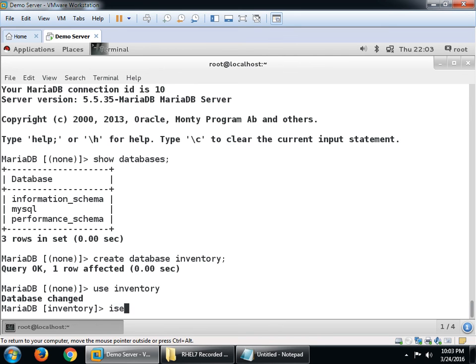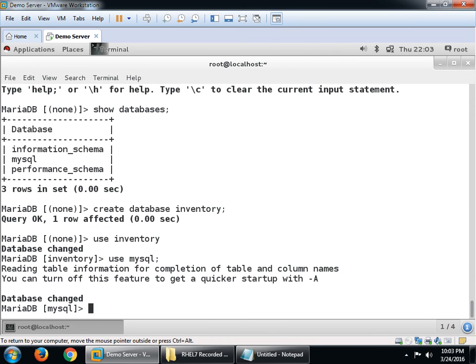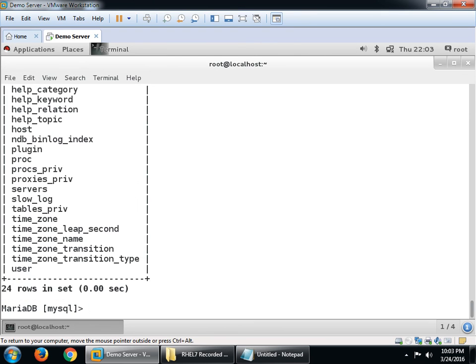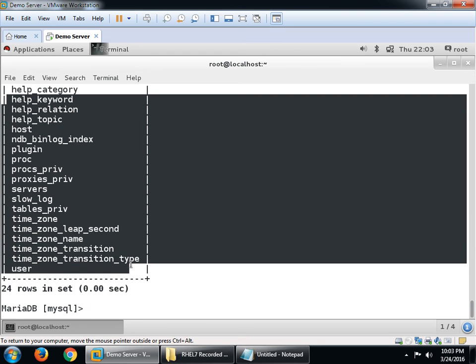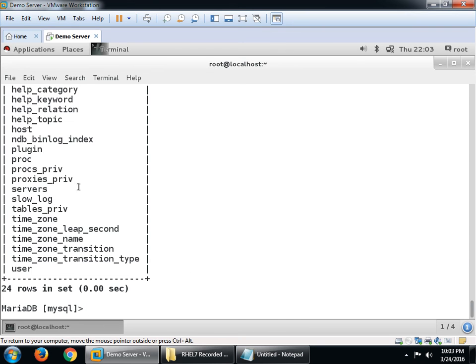Also if you want to check, use mysql. You can choose mysql, and show tables here. These are the default information tables, right? So you can check a table via this command.